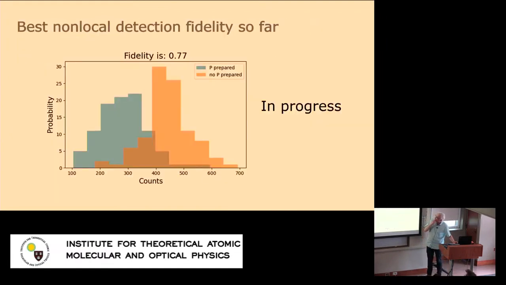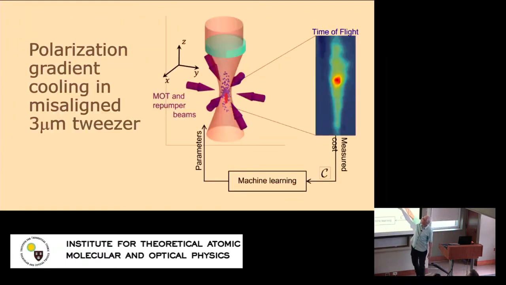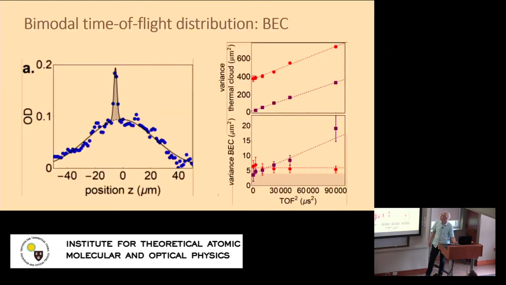I forgot to mention, this only worked because we hadn't aligned our trap very well on the microscope objective. So it was really displaced by a little bit, by a few degrees. If we align the trap very well on the microscope objective, we never see this. We just see a thermal cloud. So it requires some misalignment, and it only works in a certain range of tweezer sizes. If we make the tweezer size very small, this extra condensate goes away, and when we make it large, say 5 microns or so, it also goes away. So it only works in a sweet range.